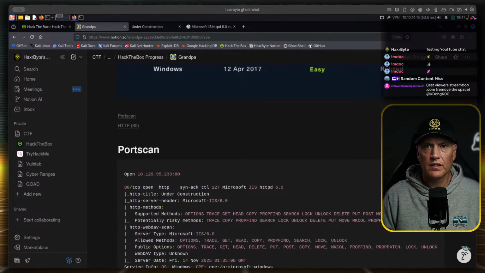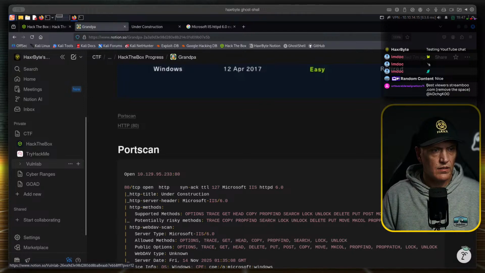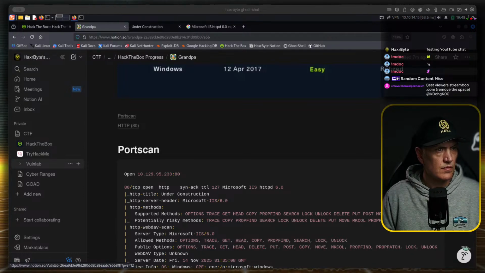Let me just see. I thought there was something in the comments. That might be something that's not supposed to be there.